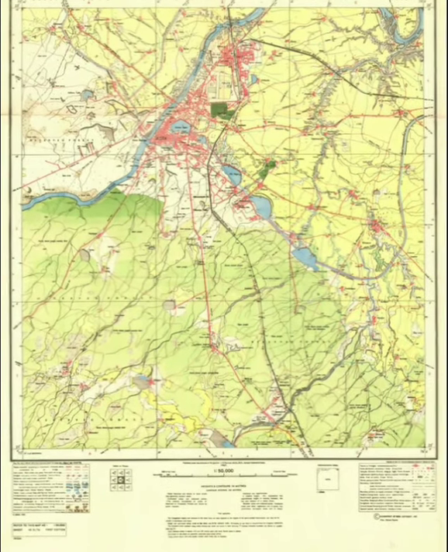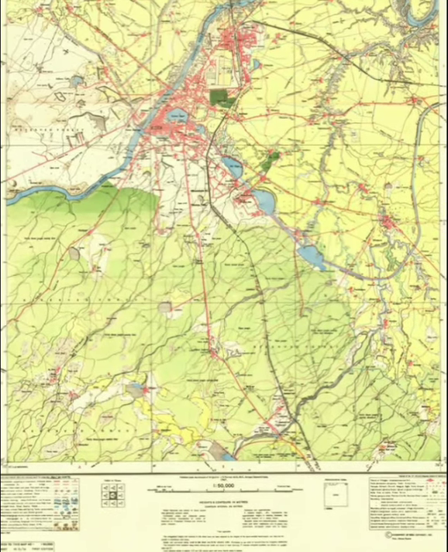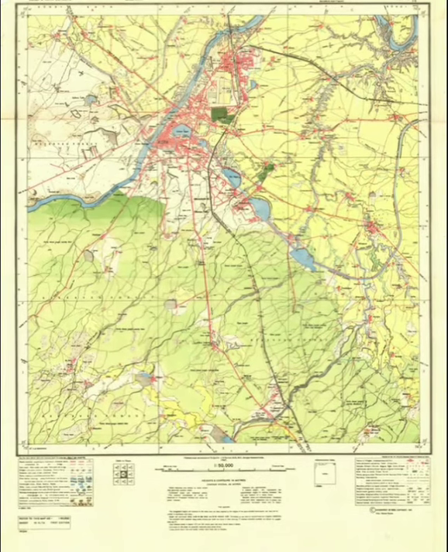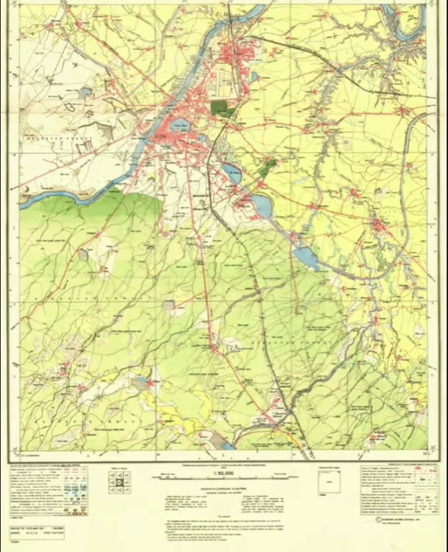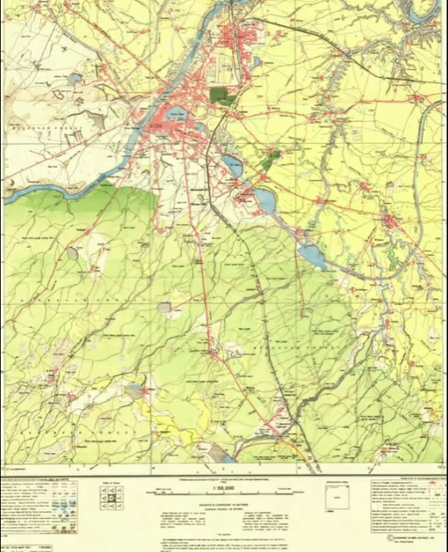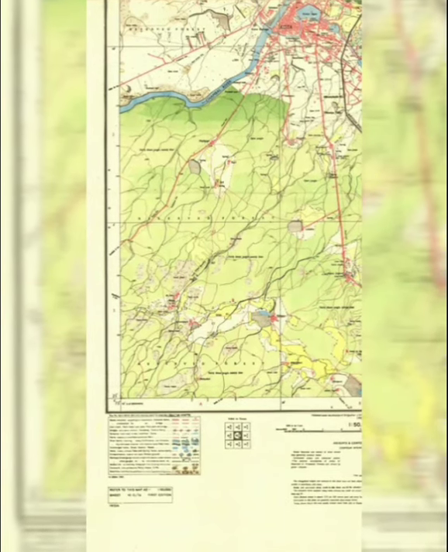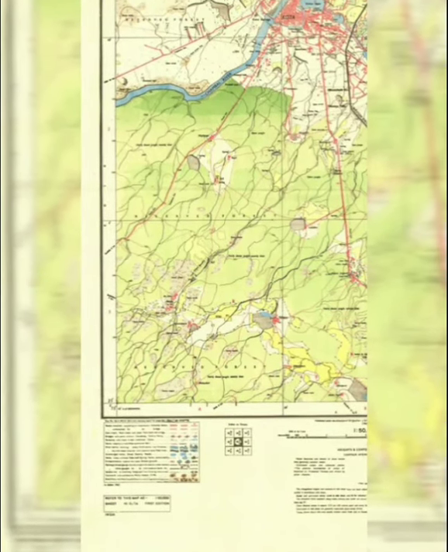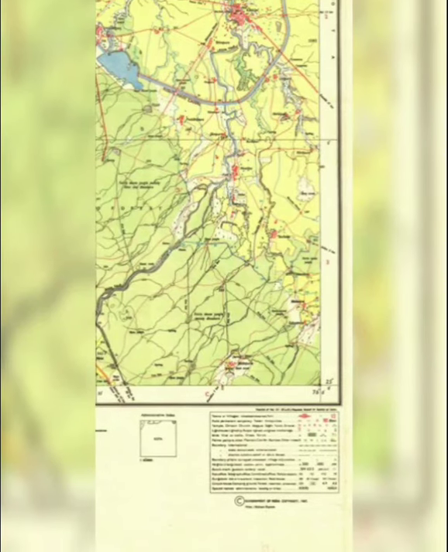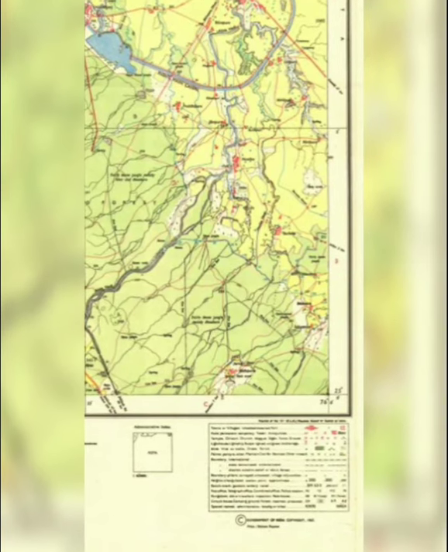Here we can see different symbols, signs, and colors used in this topographical map. In all this type of map, the Survey of India uses these things, and in the right corner and the left corner you can see some symbols and signs. These are only drawn by the Survey of India, and we have to read these symbols and signs. Any other symbols and signs we cannot use for this type of map.